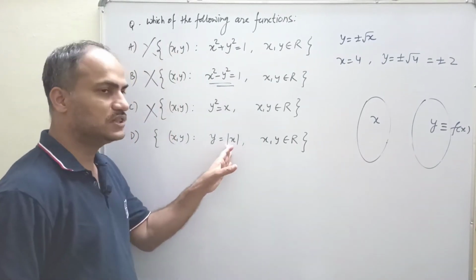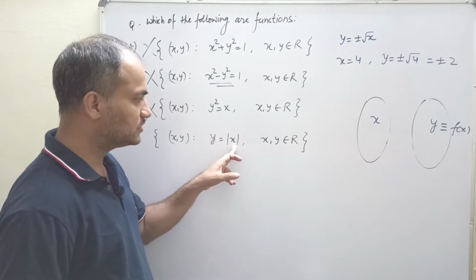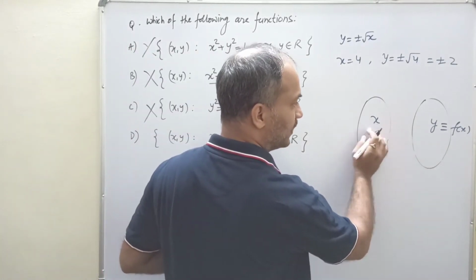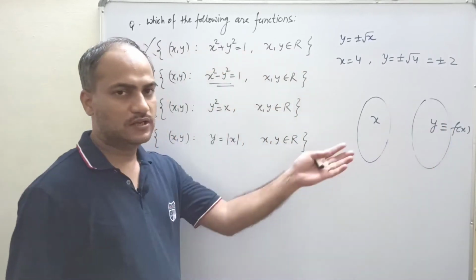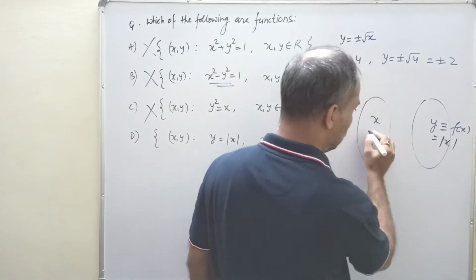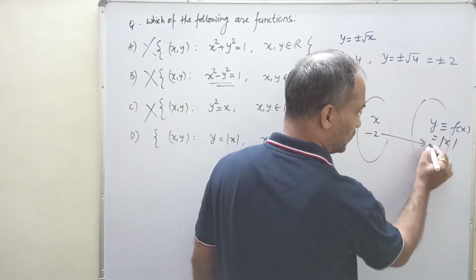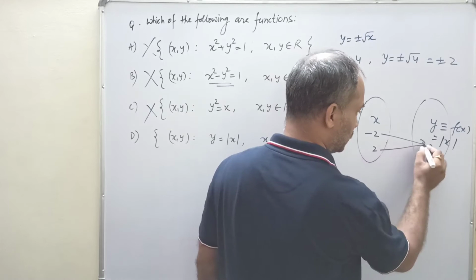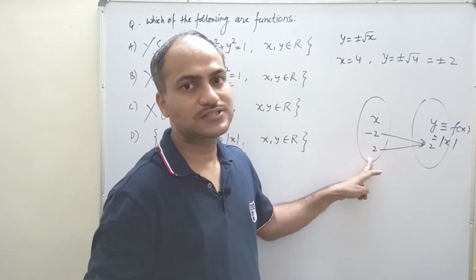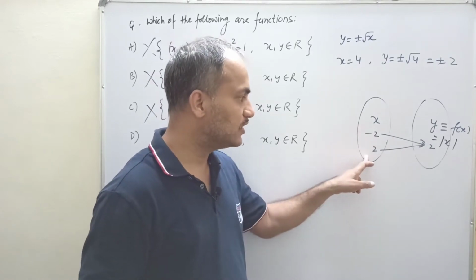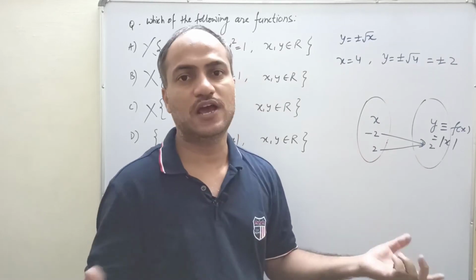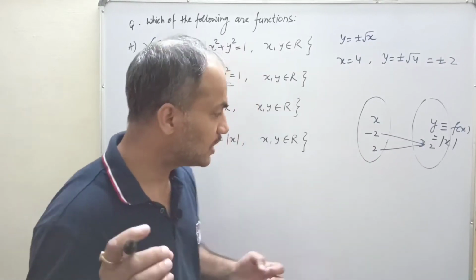Here we have to see whether for each and every value of x we get a unique y or not. We know here in the domain the values of x can be there, and in the codomain y will be equal to modulus of x. It means if we take minus 2, then it will be connected to plus 2, and 2 also will be connected to 2. Okay, and by the definition of a function this type of condition is allowed. Okay, it means many elements can have the same image, but one element cannot have different images. Okay, that is the condition.